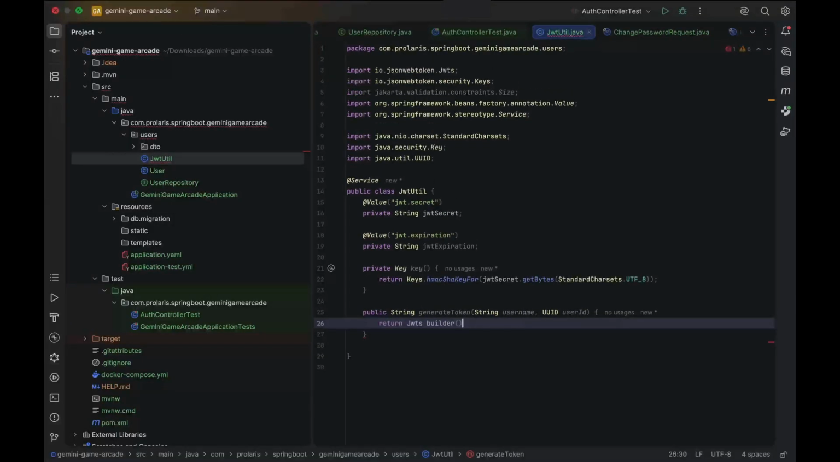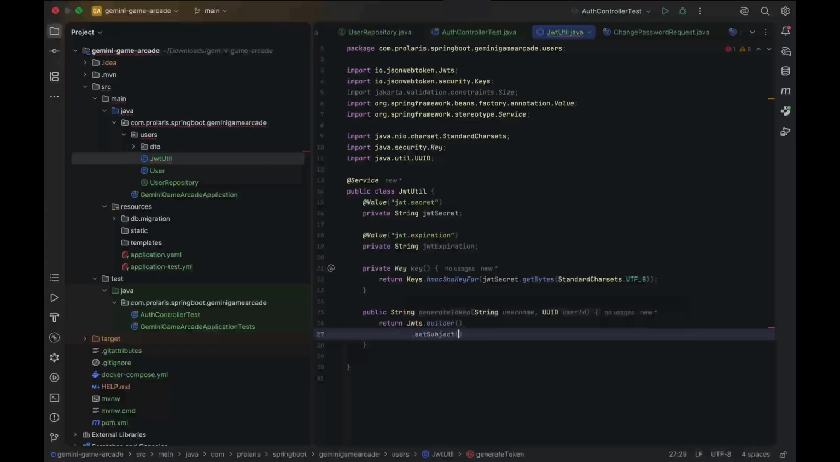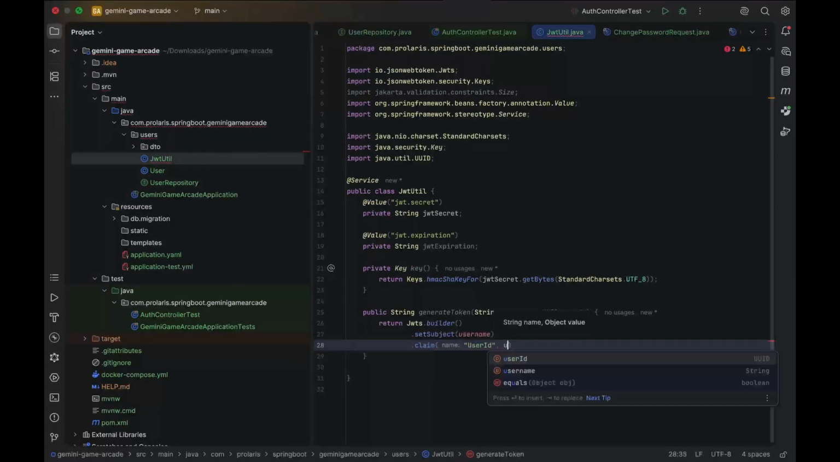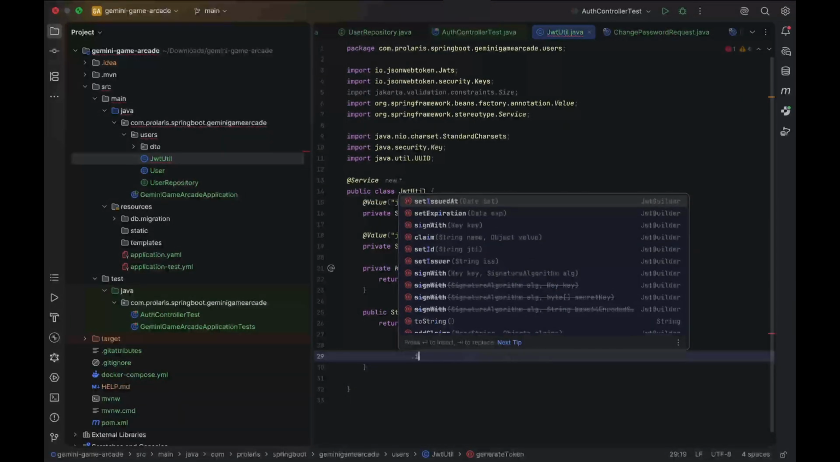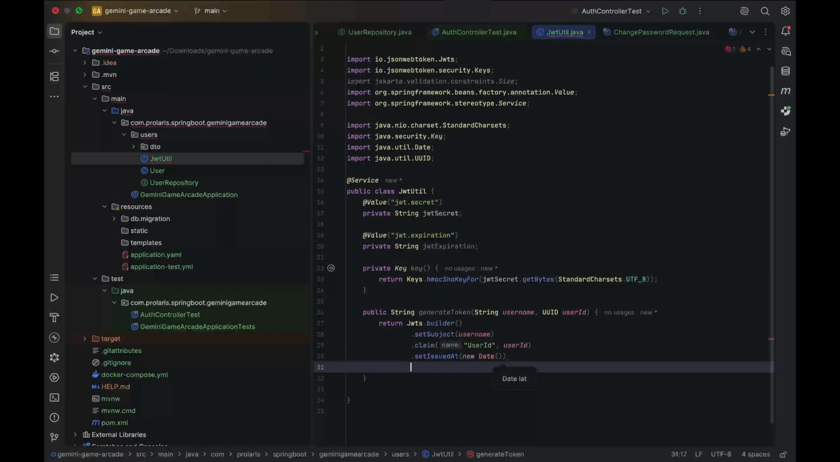We will return the builder, and we will start with setting up the subject. So set subject, and the subject will be the username. We will create the claims, and it will be user ID, and we will add user ID. Now with issue at, so set issue at, and we will set it new date, so when it was